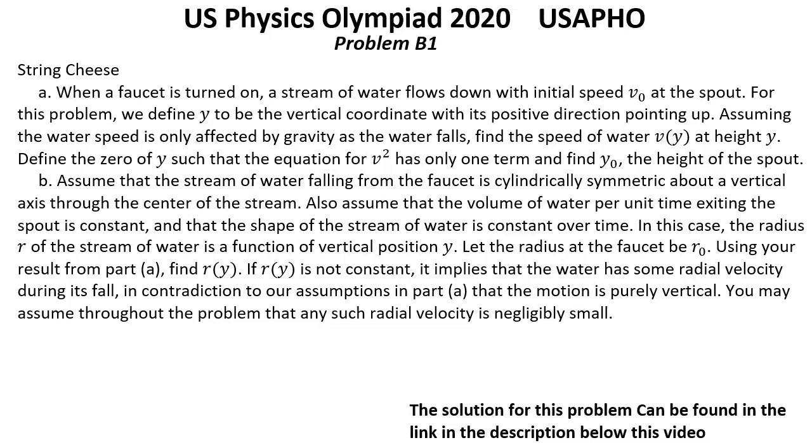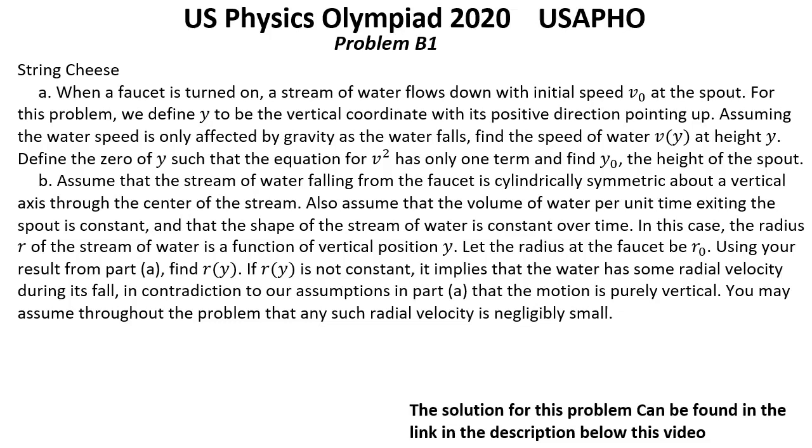US Physics Olympiad, year 2020, USAPhO final round. Problem B1: String cheese. Question A. When a faucet is turned on, a stream of water flows down with the initial speed